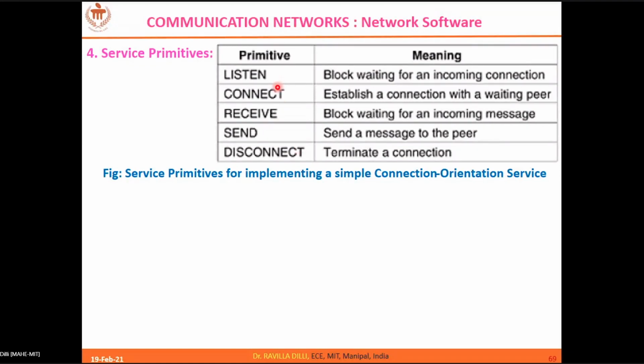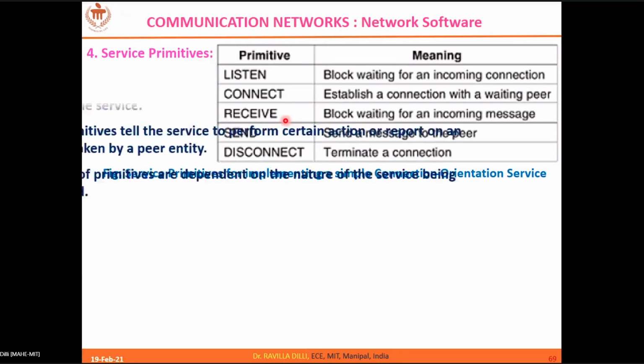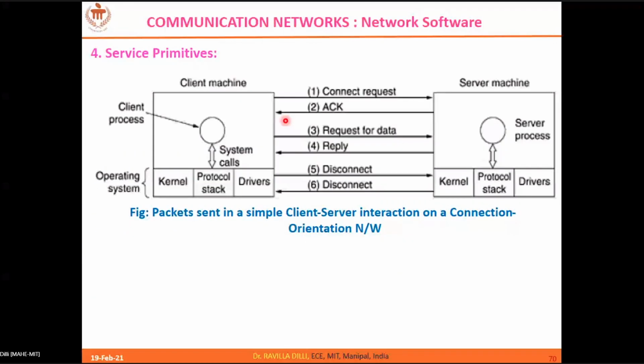So here the point is, these service primitives are small operations. They define small operations. When you execute one, that operation will be performed. So that's the meaning of that. Now let me quickly go to this. Here we have the client and server, and how the communication happens between them using